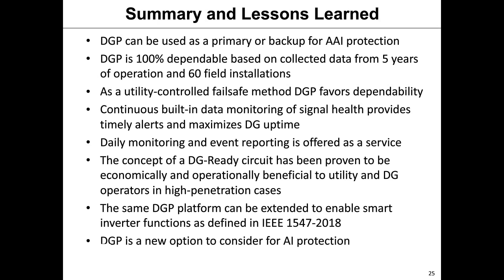As a fail-safe system, it is 100% dependable. This statement is backed by real data collected from our systems over the last 5 years. There was no single case when an island was formed and DGP did not trip. Never. The data monitoring capability proved to be extremely useful, not only for performance measurements, but also to reduce downtime